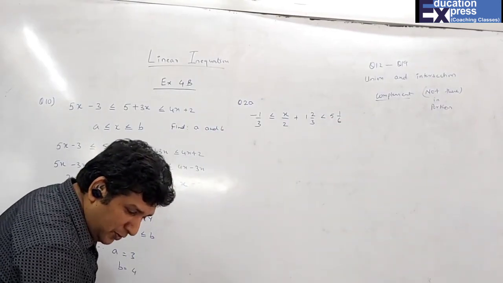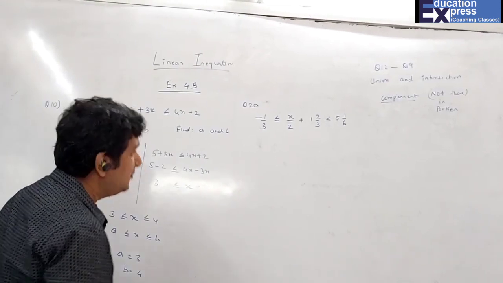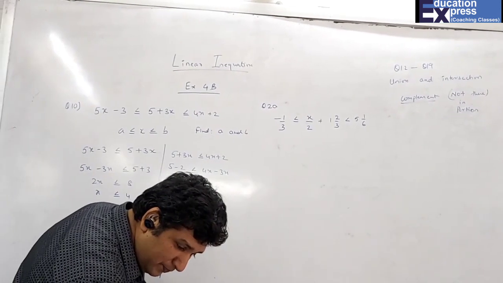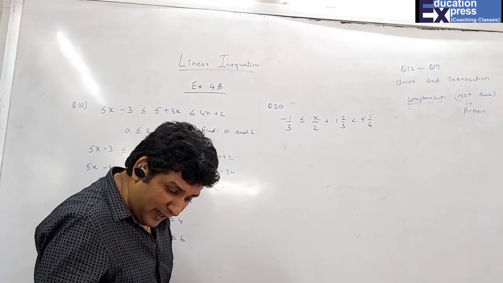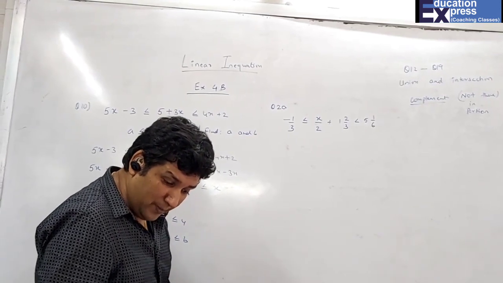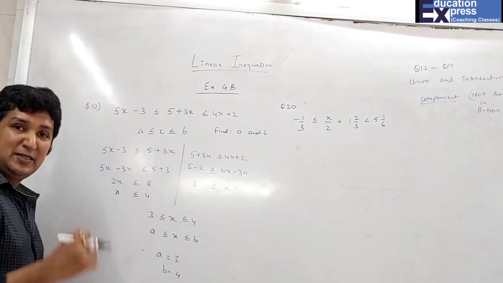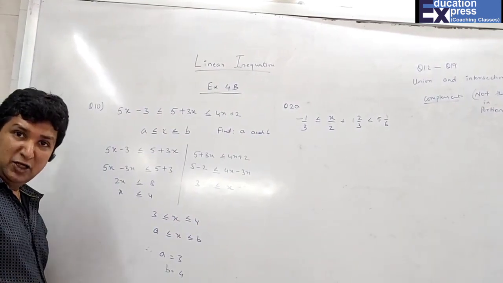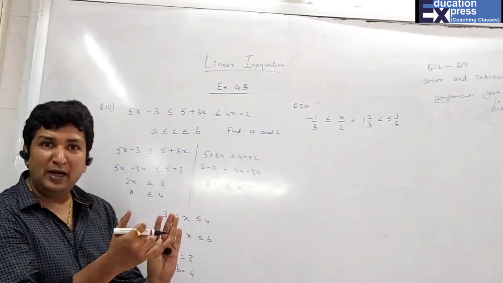So minus 1 upon 3 is less than or equal to x upon 2 plus 2 upon 3, less than 1 upon 6, and here they have given: graph in each of the following cases the value of x on different real number lines where x is a whole number, integer and real number. That means you have to place it as real, integer and also as whole numbers. So that means the same question and three different number lines.